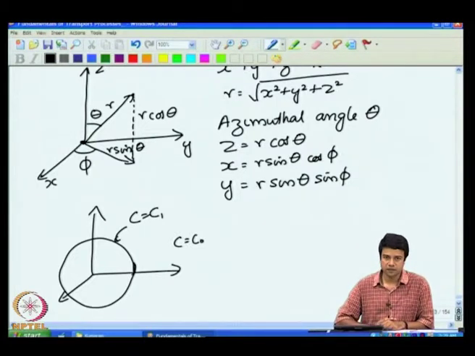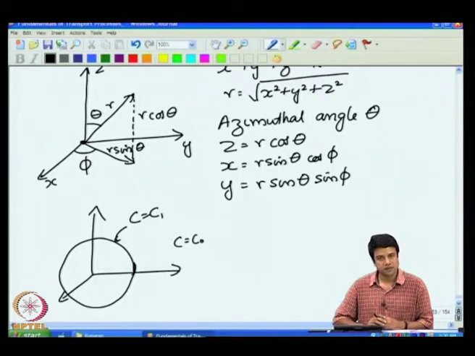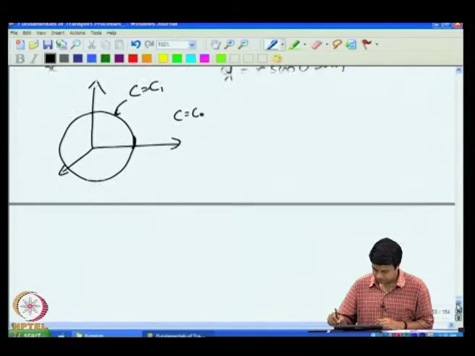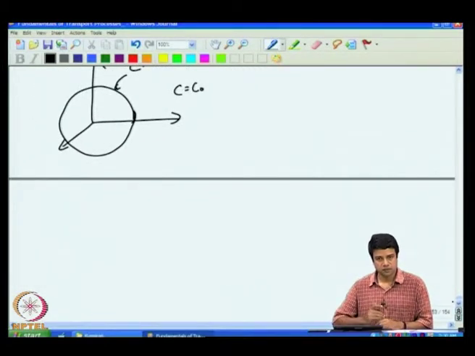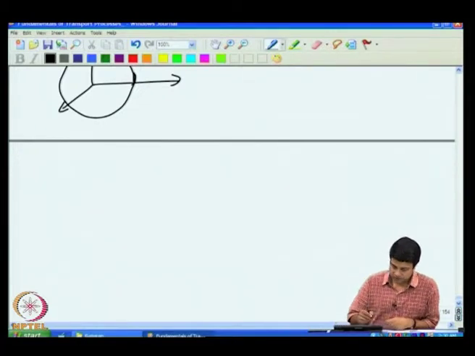Therefore, the concentration should vary only depending on the distance from the origin or the r coordinate. It should not vary as I go around the spherical surface or as I go around any spherical surface within the fluid, because there is diffusion taking place only radially outwards. So, we will consider this simplest case first and write a shell balance for this particular case. The shell, I told you, has to be between two surfaces of constant coordinate. In this case, we are considering a spherical surface, and therefore,